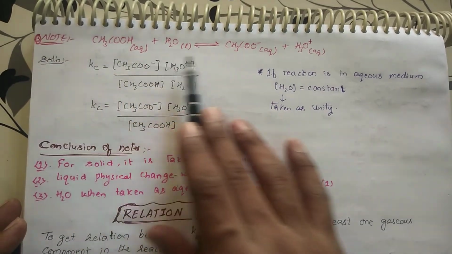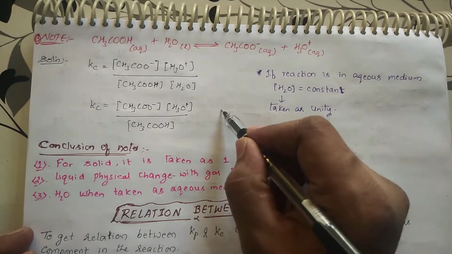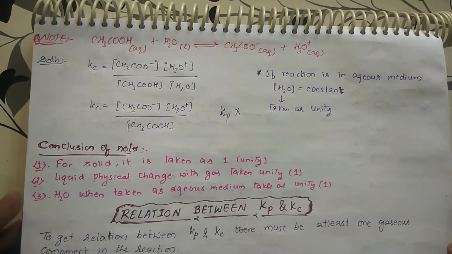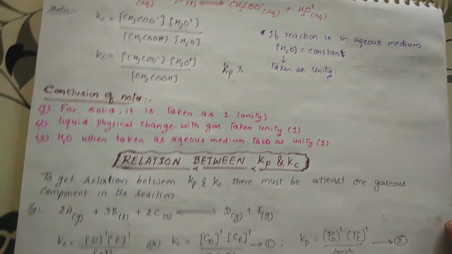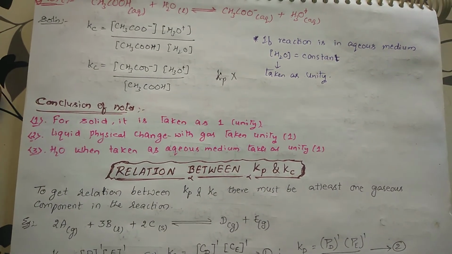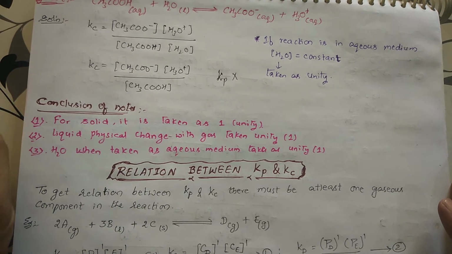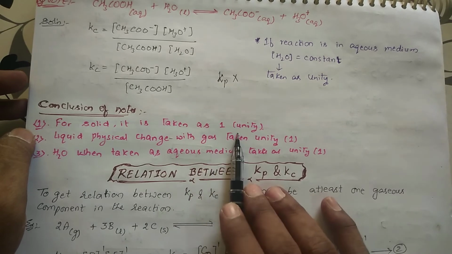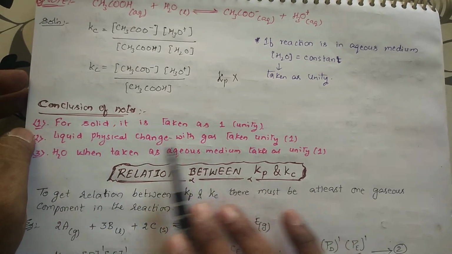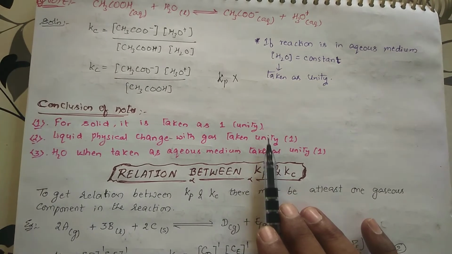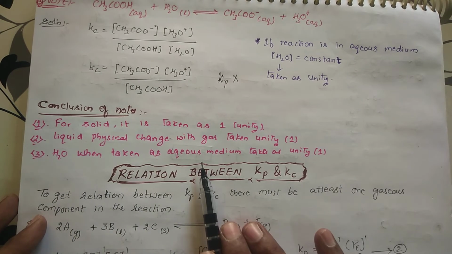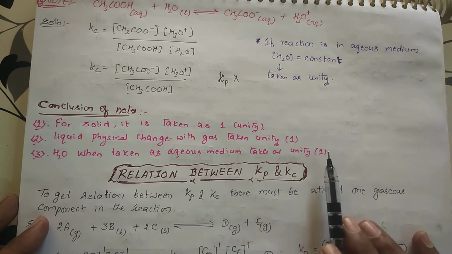And Kp, see, liquid aqueous condition is present. So Kp is absent, so we can't write Kp for this one. Okay, students. So we have learnt Kc as well as Kp to write in the three forms. Three exceptions or three conclusions are present. So the conclusions of the above thing I am giving here. First one, for solids it is taken as unity, 1. Whenever there is a physical change between the reactants as well as product, the liquid condition is taken as unity. Whenever H2O aqueous is taken as a solvent or aqueous medium, then also it is taken as unity.